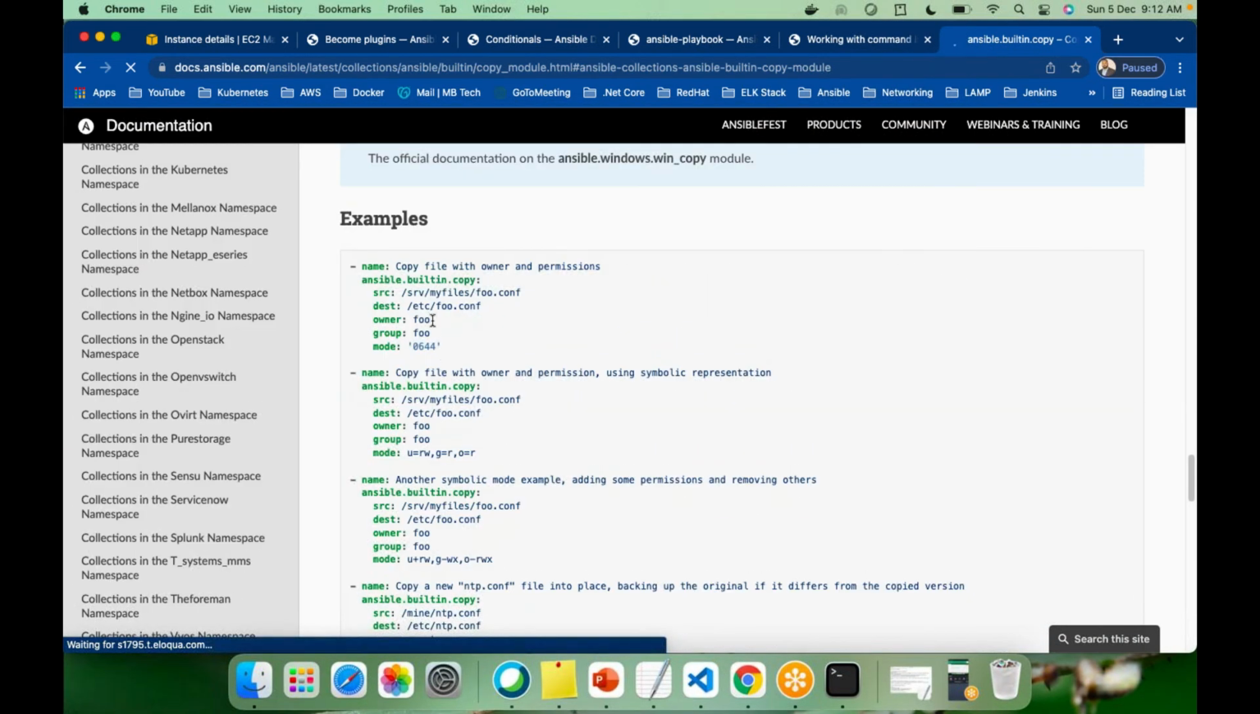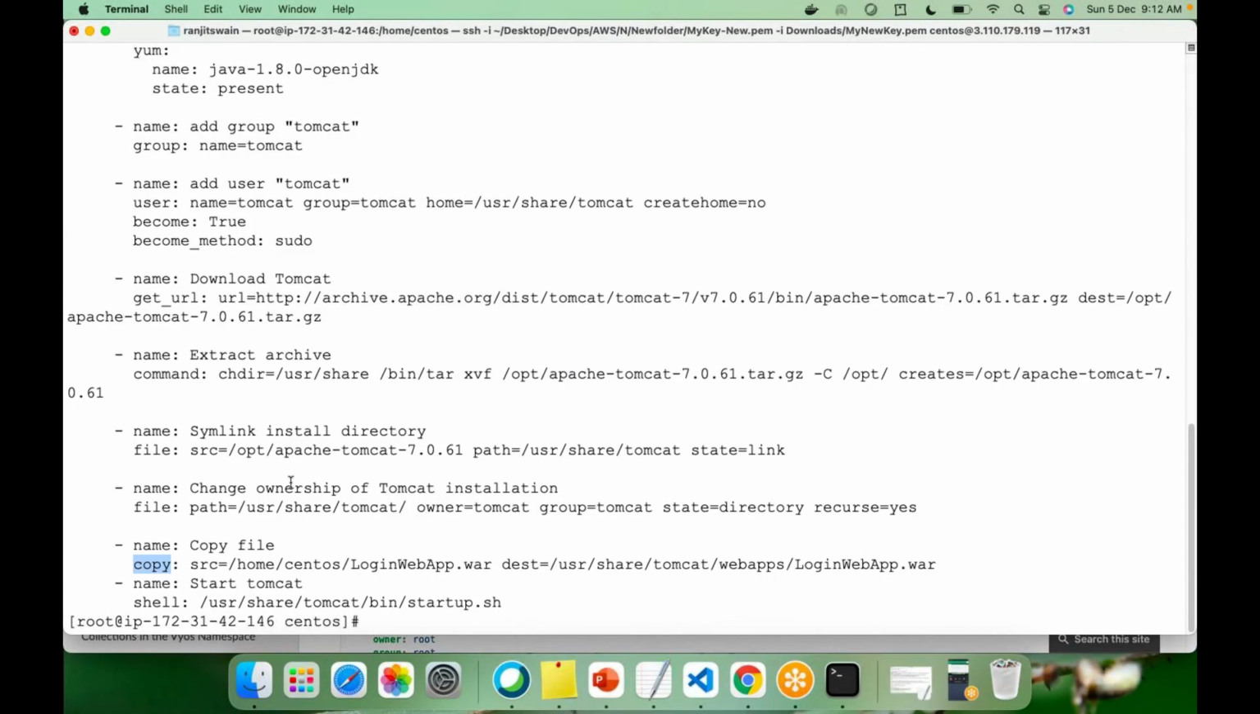See how we can use source, destination, owner, group. While copying, you can change the ownership and the permissions while copying the file from one location to another. Remember guys, the source will be your master, the path where the files are, and the destination will be the remote location where you want to copy the file. Now I'm simply copying the file from here to the location,